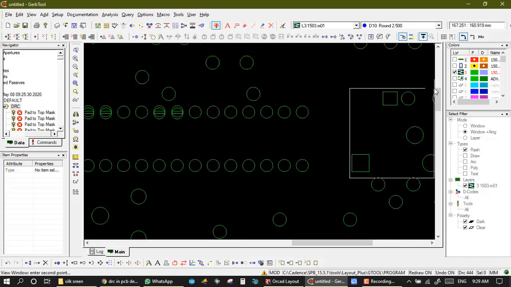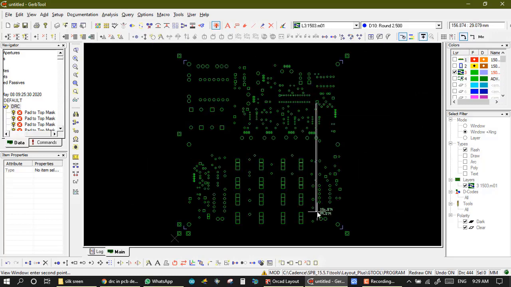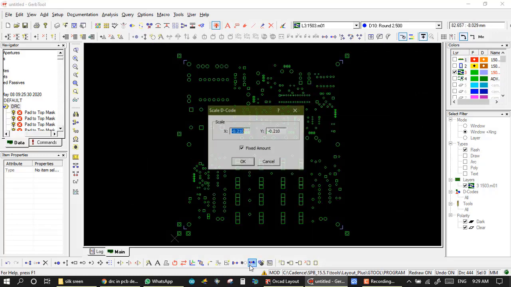So first we home and take transcode a second time. To increase 150 we take double it, which is 0.300, but we take 0.31, okay, and scale it.